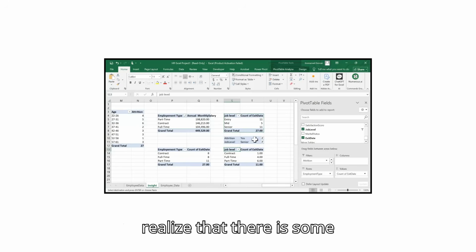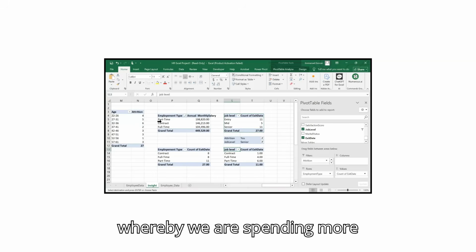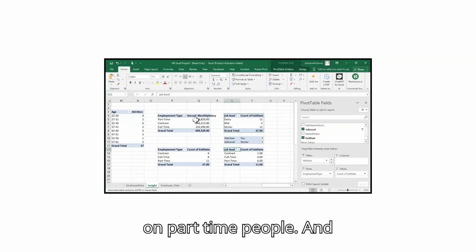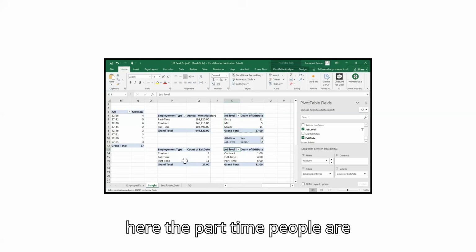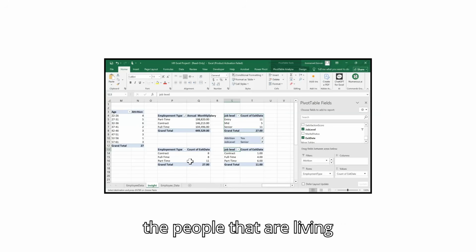You could realize that there is some kind of connection here whereby we are spending more on part-time people, and here the part-time people are the people that are leaving the most. What must we do? We need to work on something to make sure we can reduce our compensation cost,